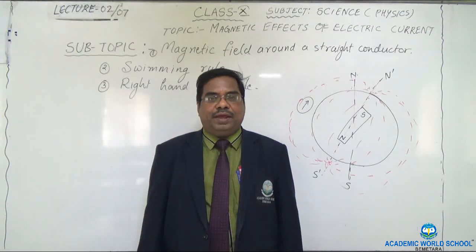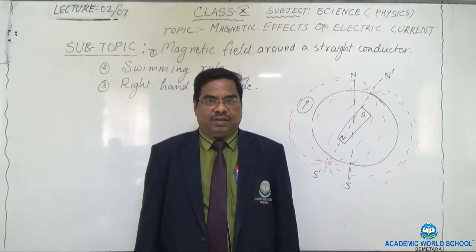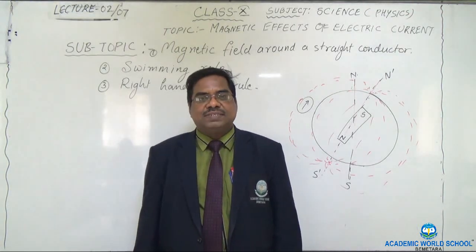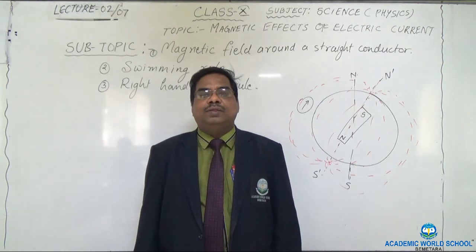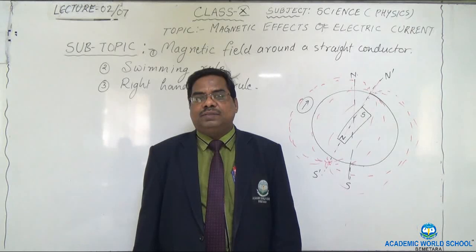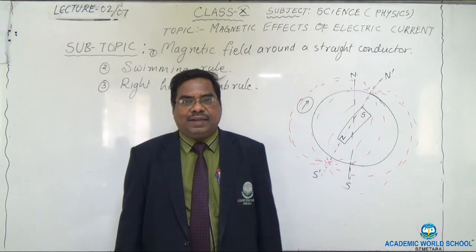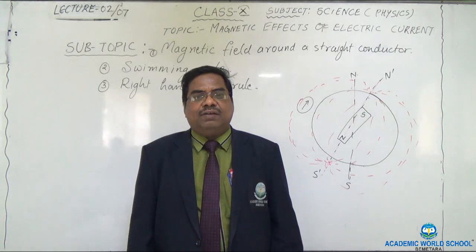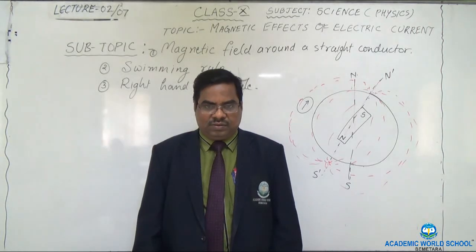Today we will be learning chapter 2, magnetic effects of electric current. This is the second chapter of your physics, that is a part of your science book. So in our previous lesson we have studied about the magnetic field, the magnet, bar magnet and the magnetic line of force. Let's today see about the magnetic field, why any compass is deflected when any electric current flowing conductor is kept near it.